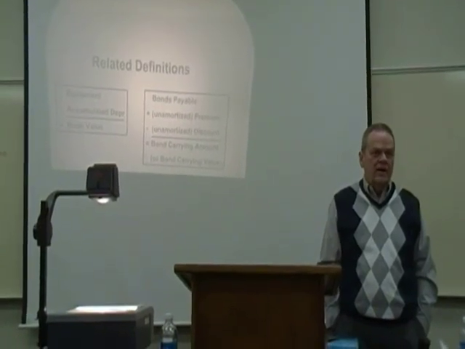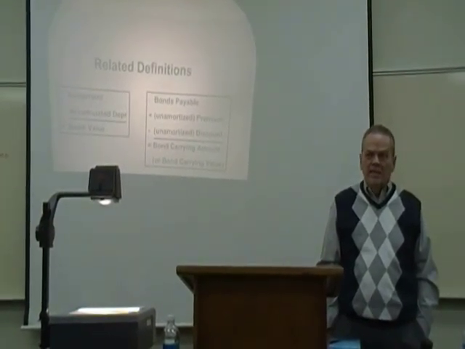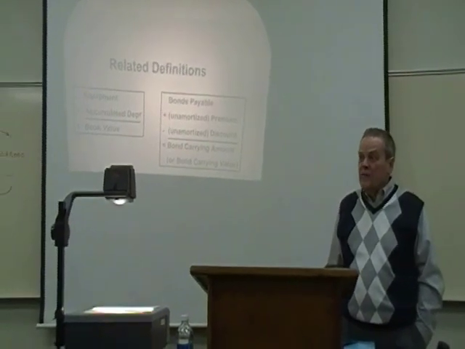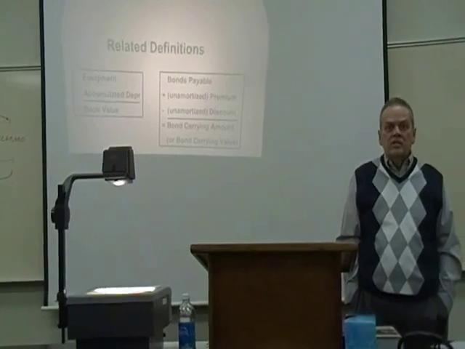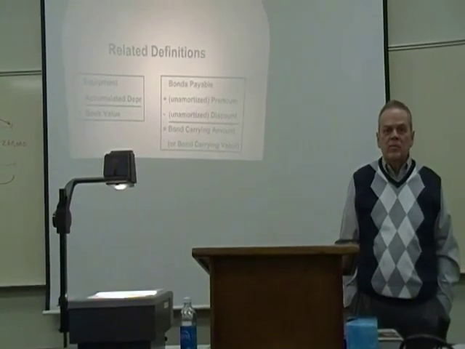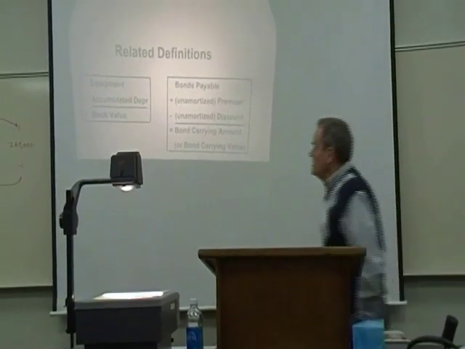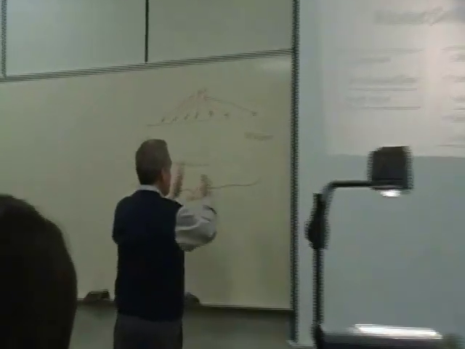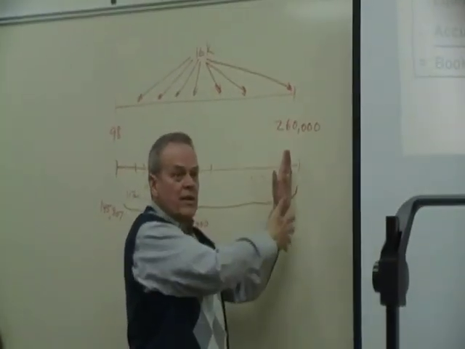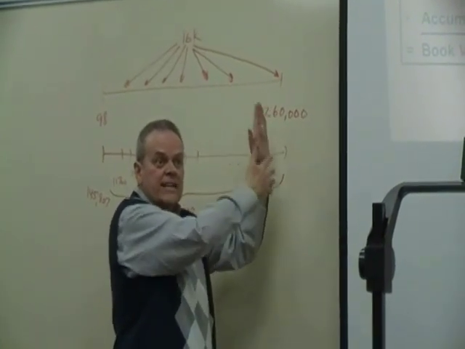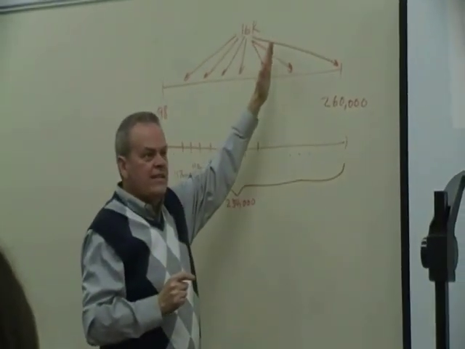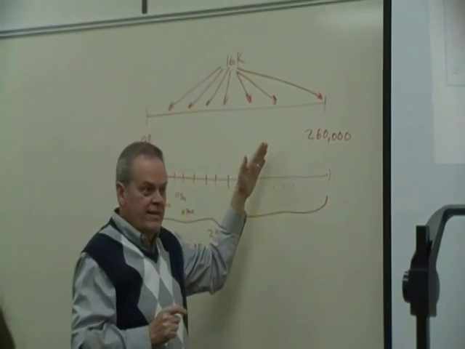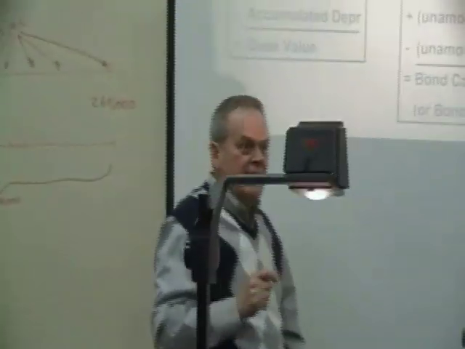What should bond carrying amount be by the time we reach maturity, by the time we get ready to pay off this bond? Tucker? The face? Is correct. Say a number in this problem. 260,000? By the time we get to the finish line, we want bonds payable to have a $260,000 balance and discount to have zero. The purpose of amortization is to allocate this to each period and to eliminate the balance